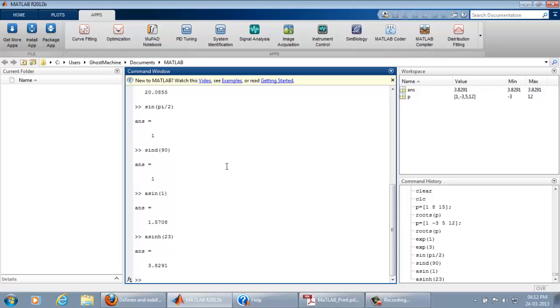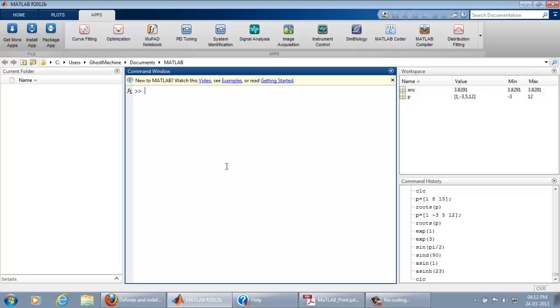Now I should show you how the matrix is the main magic of MATLAB. MATLAB works on a matrix type of system. So let me clear the command window, and now I will show you how to make a matrix in MATLAB. Clear the tools too.